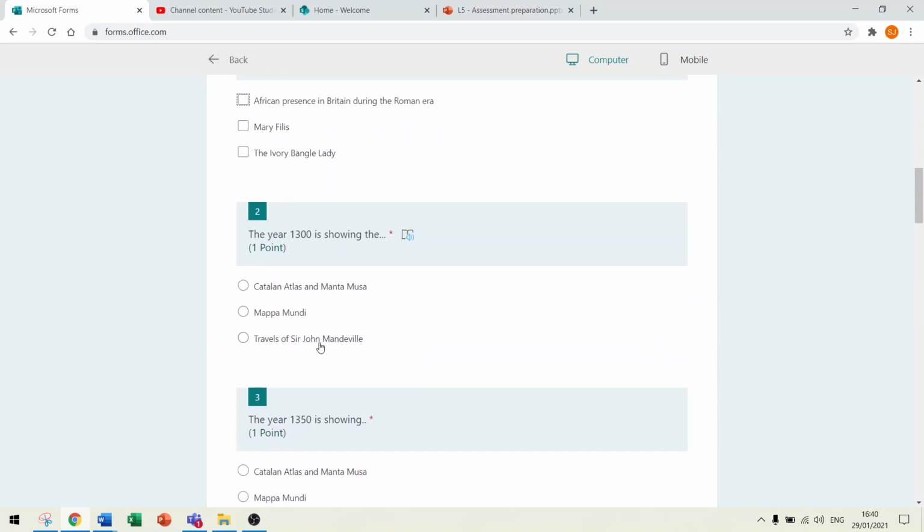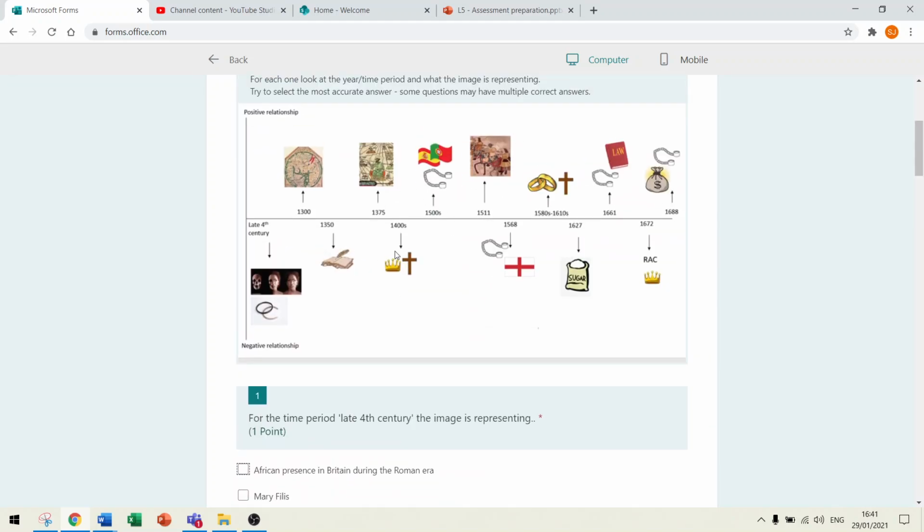Just really consider what's the best representation of the image on the timeline. It's going to be you trying to work out what it shows. So this has a crown, it has a cross, something to do with a religious king. This has chains that represent slavery. You've got the flags of 2 nations here as well. You've got to work out what it is. Wedding rings, cross, money, chains, something to do with the law, something to do with chains and slavery again. So it's about you working out what the image is meant to be showing.